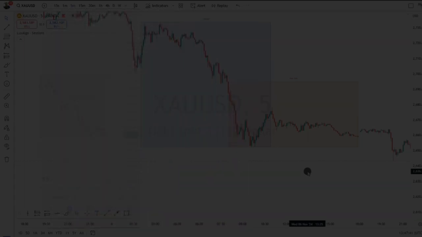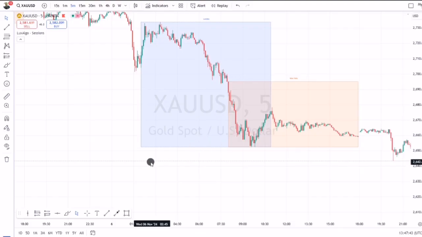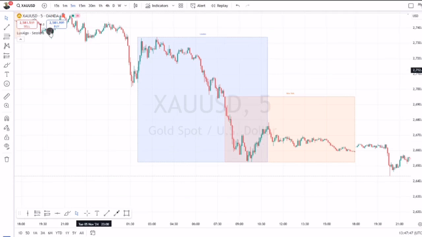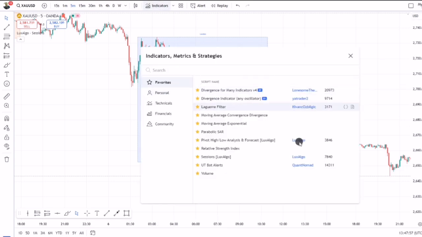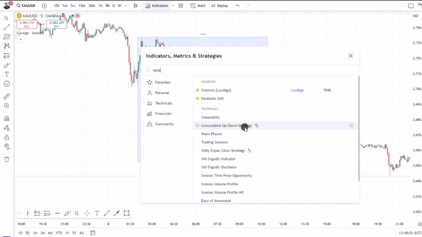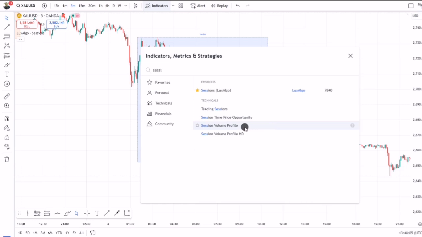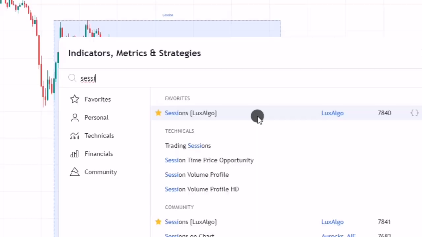Okay, so let's come here. What you are supposed to do, let me start by showing you how to set up the indicator. Those who are new, I usually forget to do that. So all you do on TradingView, you go to indicators. This is the free version of TradingView. No need to pay for anything. And then on the search box, just type sessions, and then just click the first one, which is Sessions in square